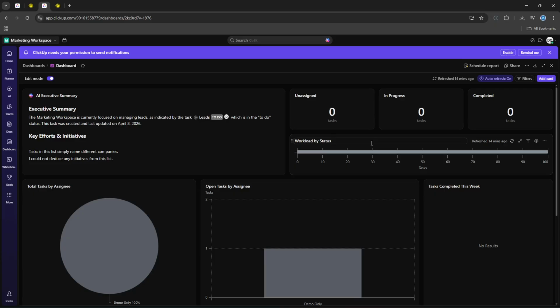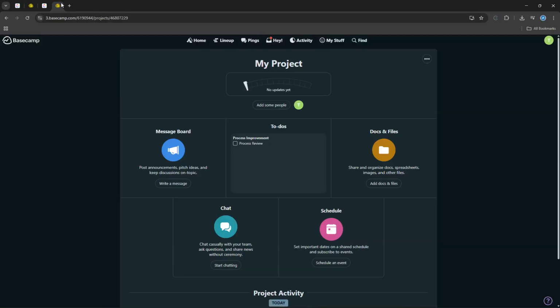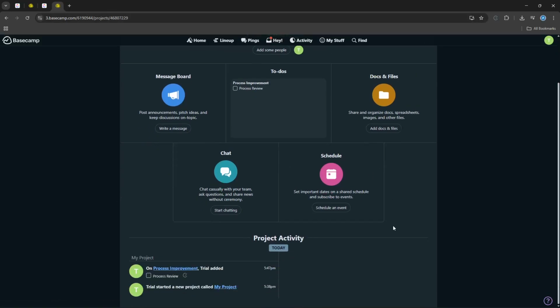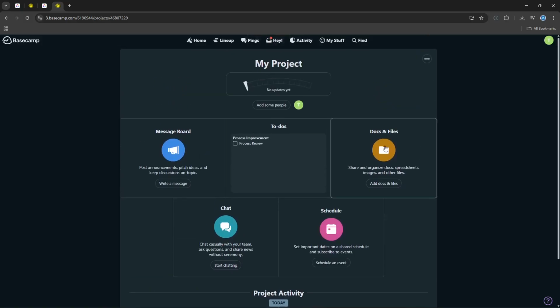operations over time. On the other hand, choose Basecamp if you want simple, reliable project communication in a familiar layout. It combines to-dos, team chat, and docs in one place, without overwhelming you with settings. The interface is minimal and no frills by design, which means less onboarding and fewer distractions. If you're a small team, a startup, or you handle straightforward task lists and internal communication, Basecamp gives you clarity and speed. It's especially comfortable if your work revolves around staying aligned, sharing updates, and checking off tasks without needing